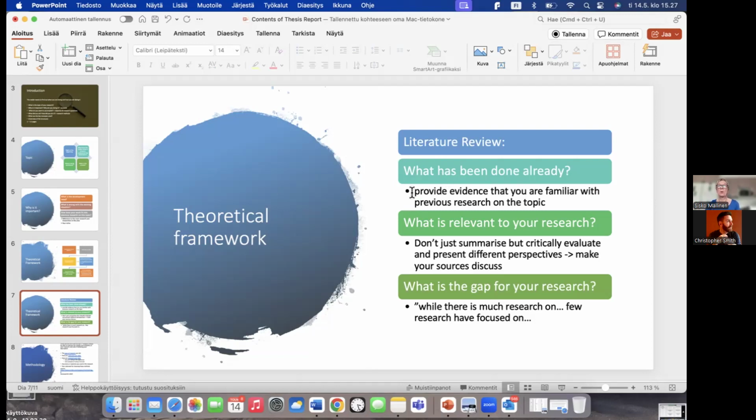So what has been done already: provide evidence that you are familiar with previous research on the topic. What is relevant to your research now, at the time of ChatGPT and other AI applications? It's easy to ask for literature on a certain topic, and one can see when reading it that there are masses of literature references to all kinds of studies. But again, it's your job to find relevant literature, relevant studies to your own research, and not just everything that